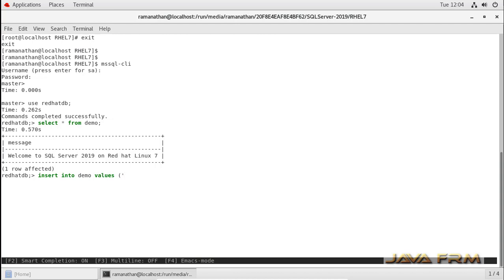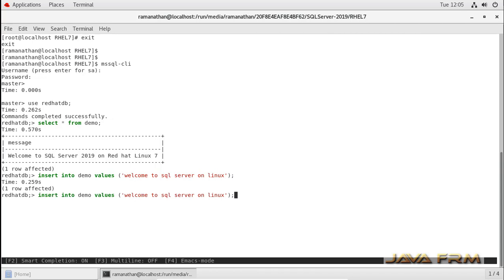You can see that important SQL keywords are highlighted. This is the main difference between SQLCMD and mssql-cli.